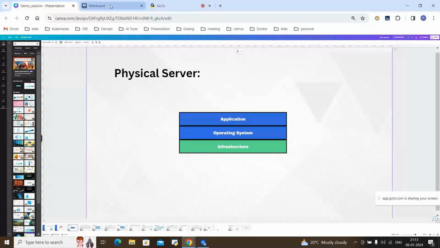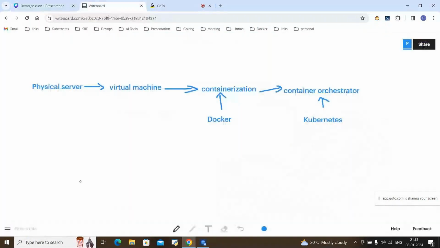So again, what is infrastructure here? Infra is basically all the hardware resources. That includes RAM, which is related to memory, network components, or storage, which all come under infrastructure. On top of that, you will be installing the particular OS that you are interested in. Let us take the Windows operating system, or you may be interested in Linux. Mostly in production we will go with Linux, but for the example I am going to take